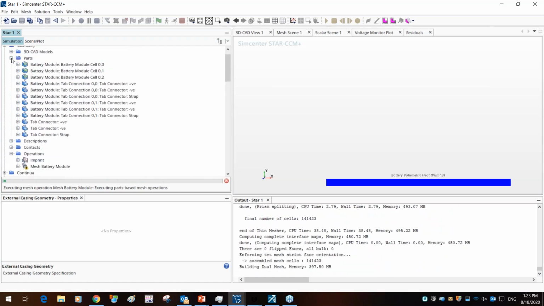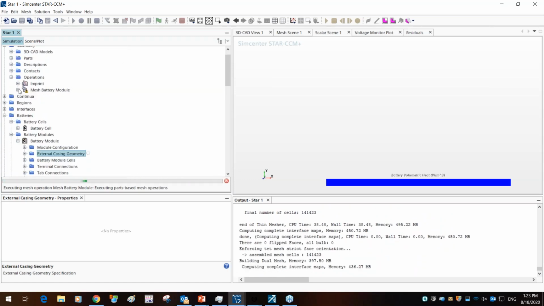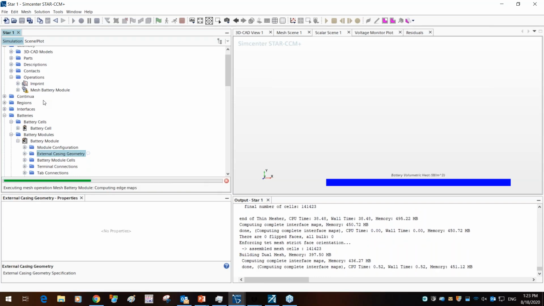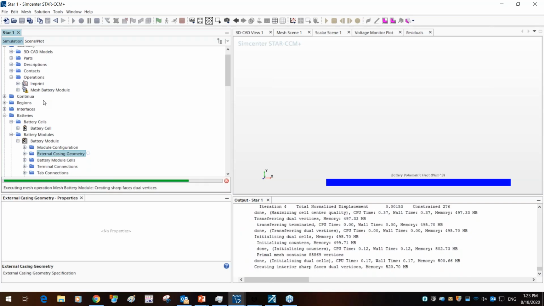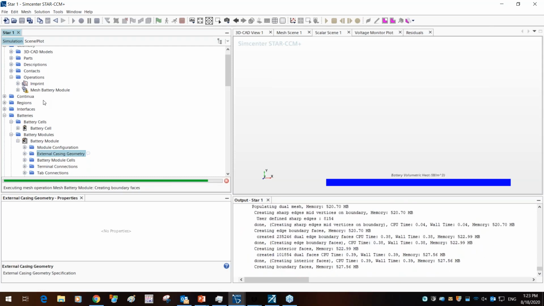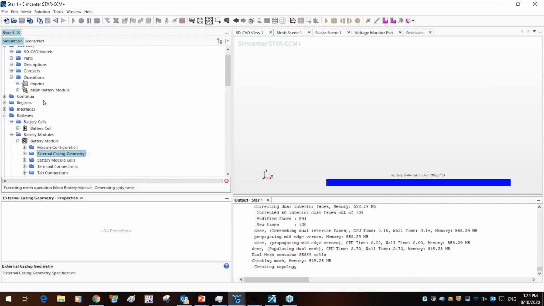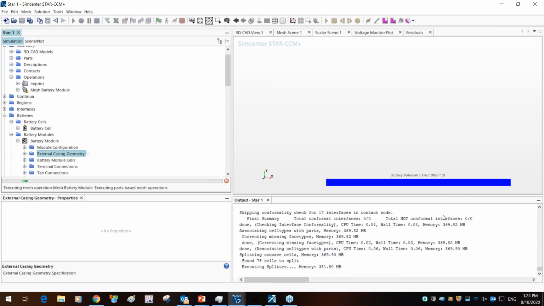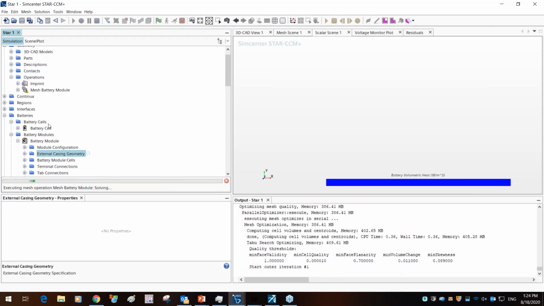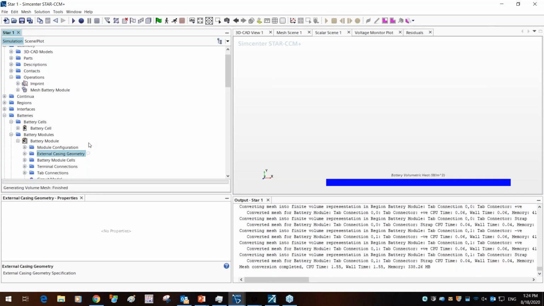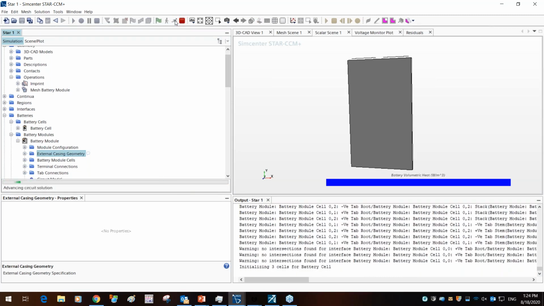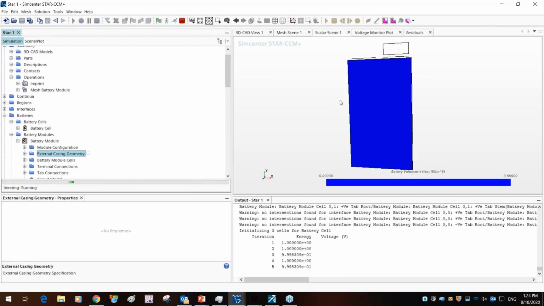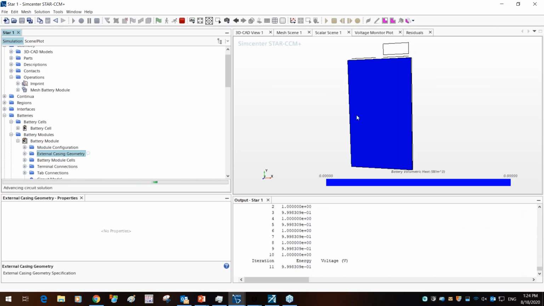But what we're going to do in the next part of the presentation is to look into the design change. Now, what if we were talking about a more complex battery pack? I've already pre-built that file, and we're going to look through that in a moment. Just bear with me for a second, and once this is complete, we're just going to run the simulation just to ensure that everything has been set up correctly.